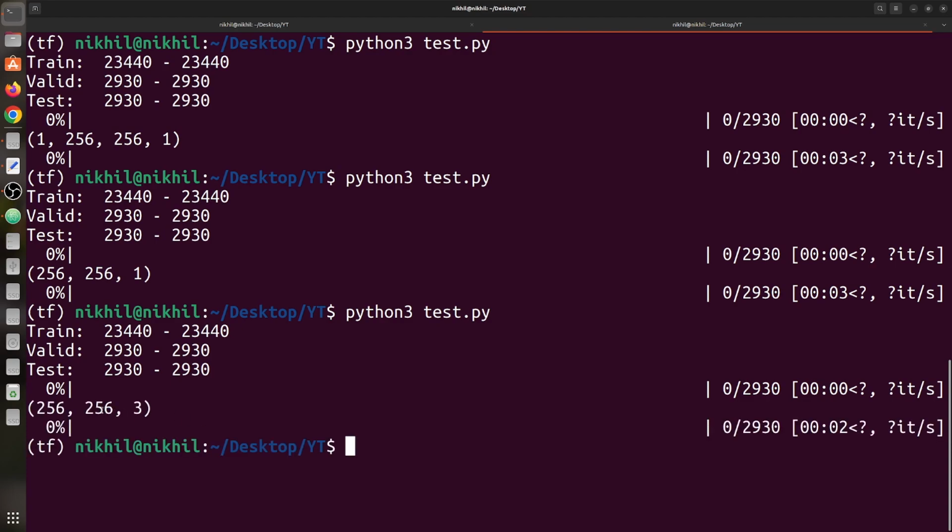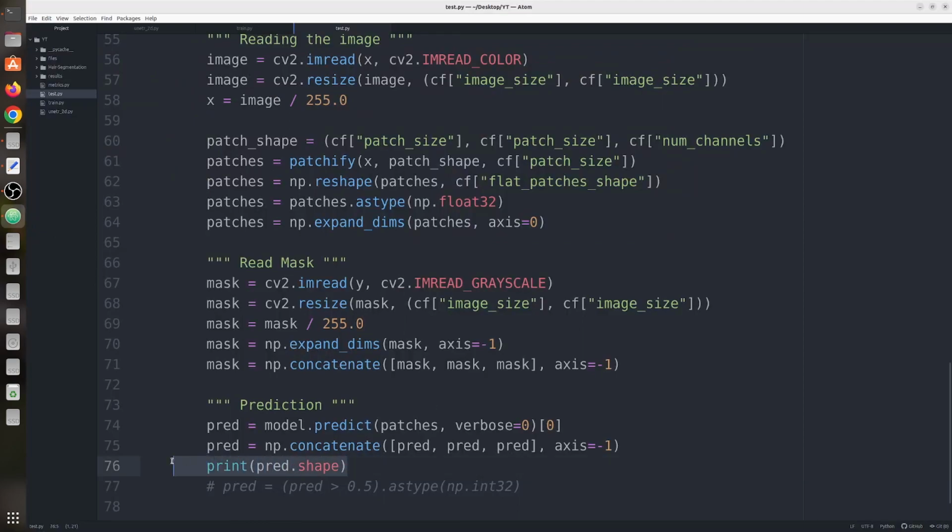Okay, it takes some time. You can see the shape changes. Now this makes it easy to concatenate. Now what we're going to do is concatenate all the images in a specific sequence, and that would be,